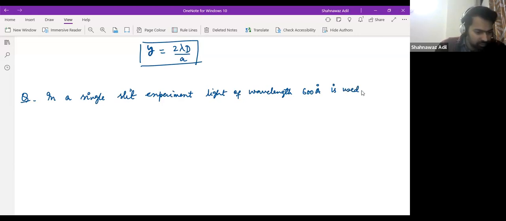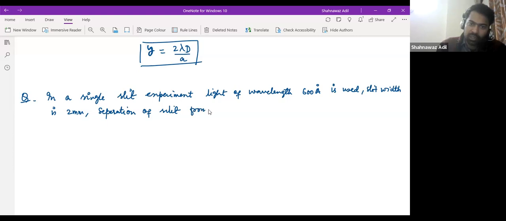Slit width is 2 millimeter, right? Separation of slit from screen, that is 2 meters, right? Then find